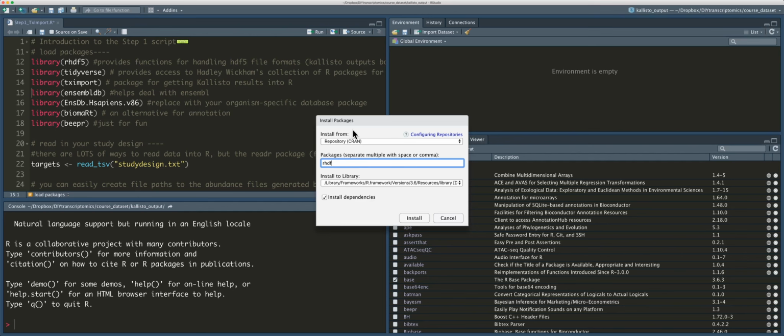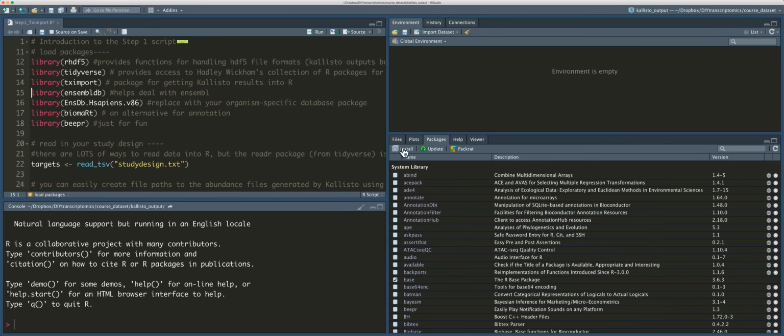But you have to realize that it's trying to install packages from one repository, which is the Comprehensive R Archive Network, which is one of the biggest repositories for R packages. But CRAN doesn't have a lot of Bioconductor R packages available. So we need to broaden our search. We need to cast a wider net and look across many different repositories. So we're going to do that. It's nice to know we have this click and point install, and we're going to come back to that in just a minute. But it's also nice that we can use command line in the R console to kind of